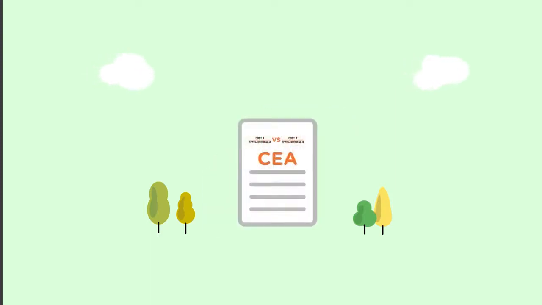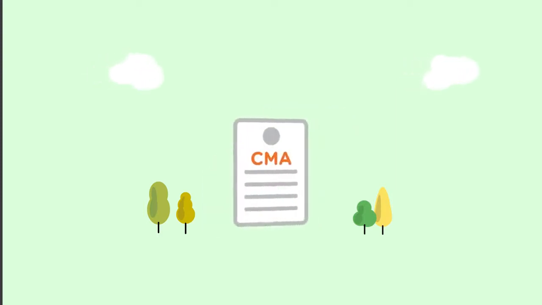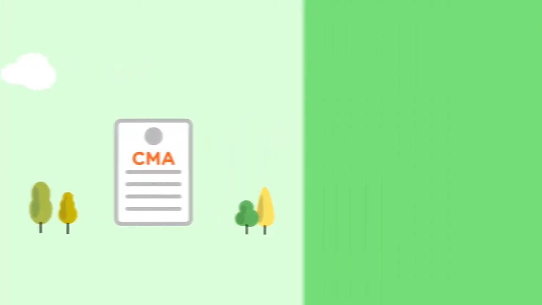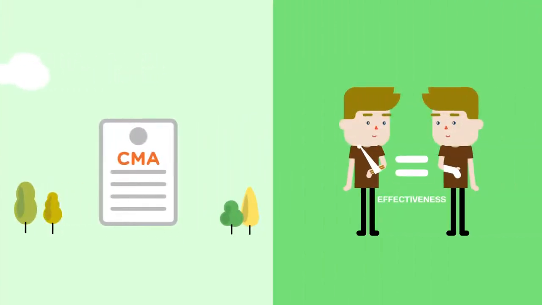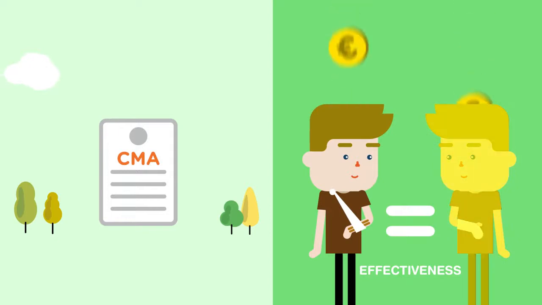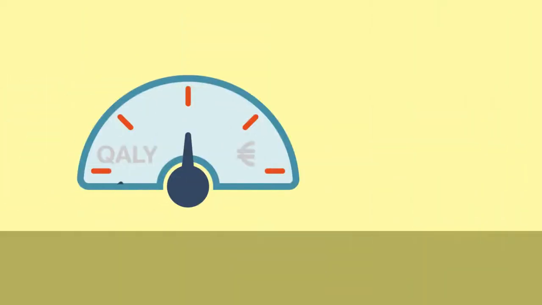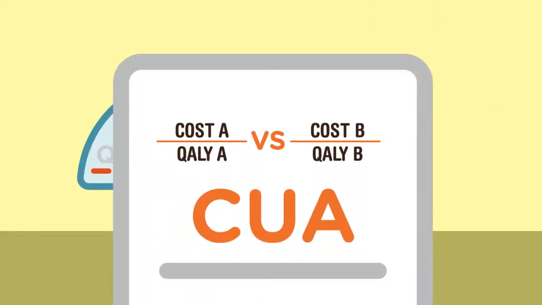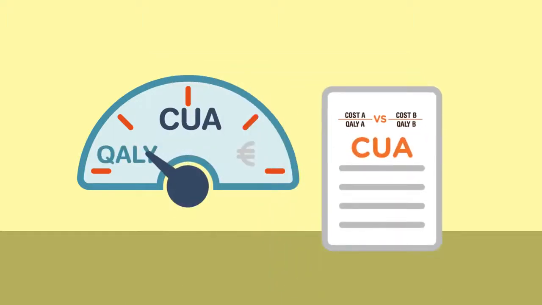A specific type of cost-effectiveness analysis is cost minimization analysis that compares alternatives which show the same effectiveness and consists in choosing the cheapest option. Cost-utility analysis, instead, compares different technologies by considering both costs and effectiveness, the latter expressed in terms of quality-adjusted life